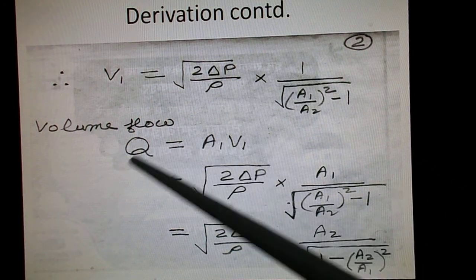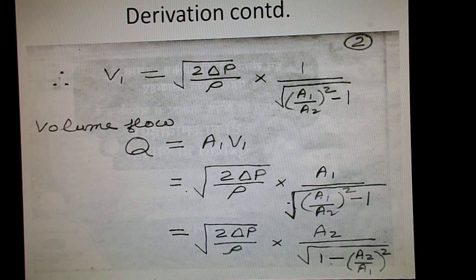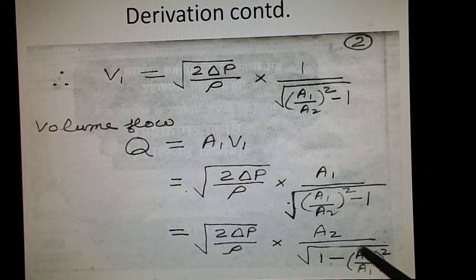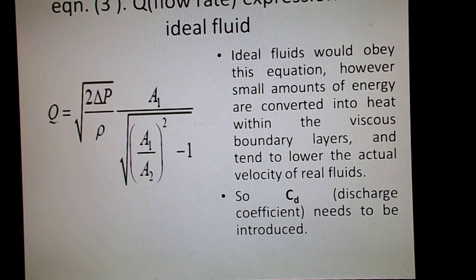So the expression for Q flow rate is this, and of course this can be written as this with the help of some mathematical manipulation. So here A1 is coming in the numerator and here A2 is coming in the numerator. Both the expressions are identical and shall give the same value. So we get the Q flow rate expression for ideal fluid, but